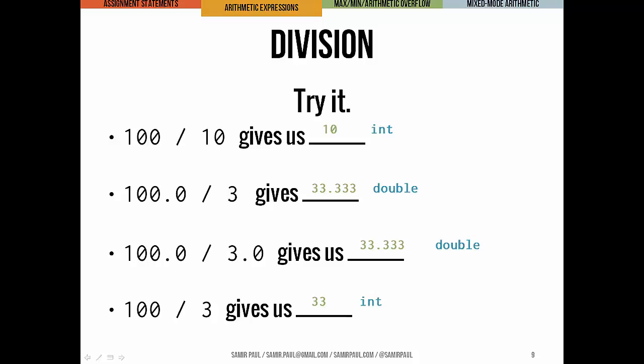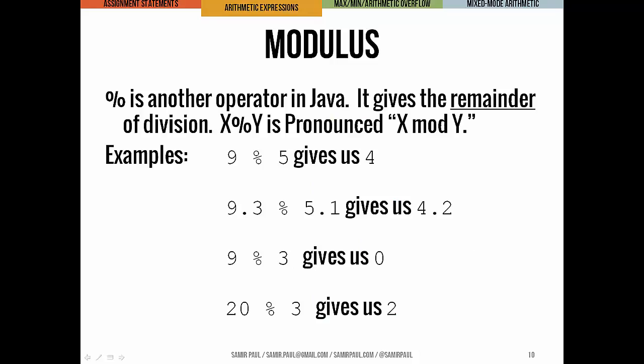I think these answers are pretty much in line with what we talked about before. An int divided by an int gives us an int. Double divided by an int is going to give us a double because the double is the more inclusive, larger type. Two doubles give us a double answer, and two ints give us an int answer. It works that way with the other operations as well.